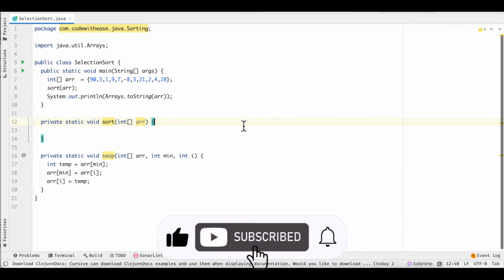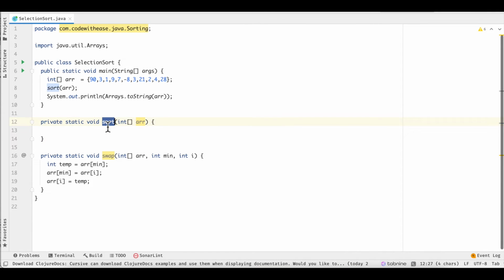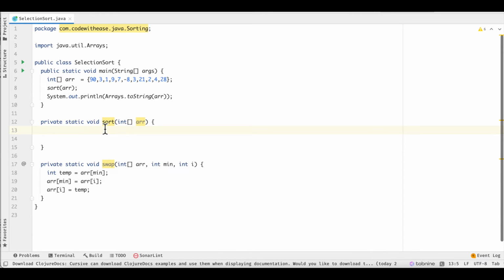So now let's start with the code changes for selection sort. So here I've taken this array and this is the method in which we have to write the logic for selection sort. I've pre-written this method, and I've pre-written the swap method already and we are going to reuse that. So let's get started. Since it's an in-place sorting algorithm, we have to change the array itself, hence the return